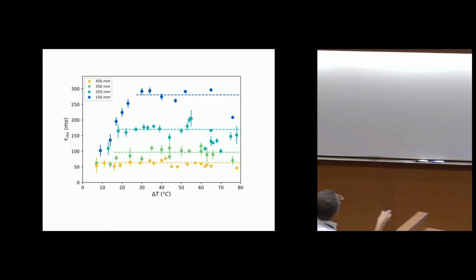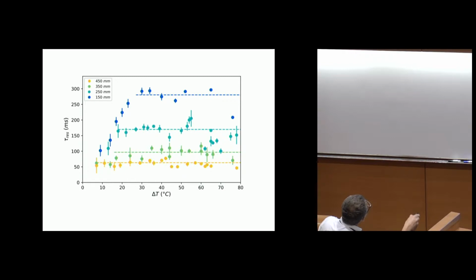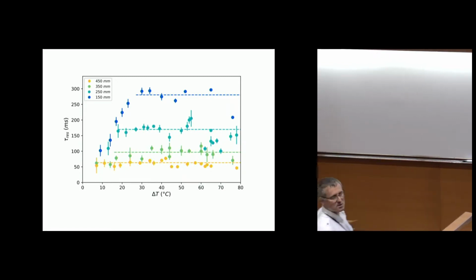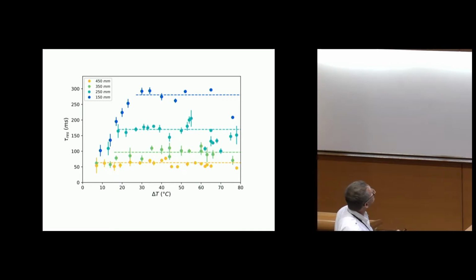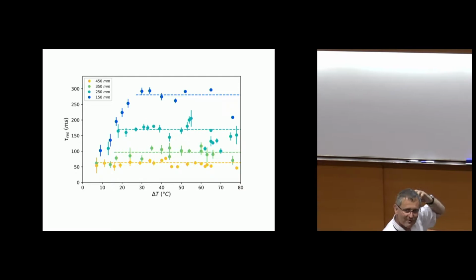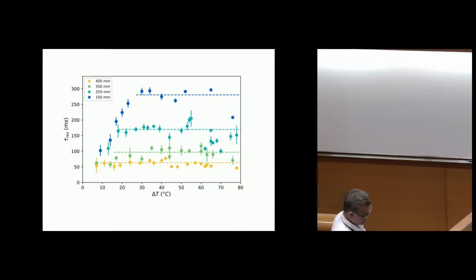If you have a smaller impact velocity, you see that you have some kind of a transient at low temperature, but still it reaches a plateau, and this plateau depends on the impact velocity. I will come back to that because we have not a clear explanation of that. We have some ideas about how to explain that, but our ideas do not really fit with all this data.